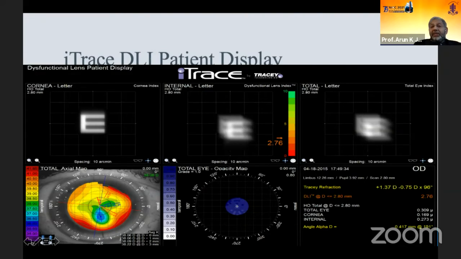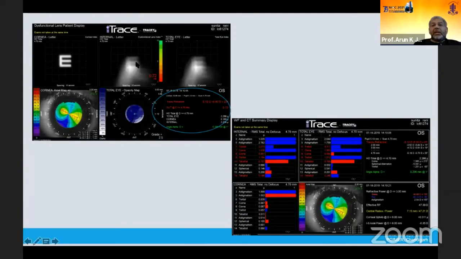So we may counsel this patient for the cataract surgery, but we have to explain the corneal aberration to the patient, and we should avoid multifocal IOL in such cases. And this is another case where the DLI is very low,